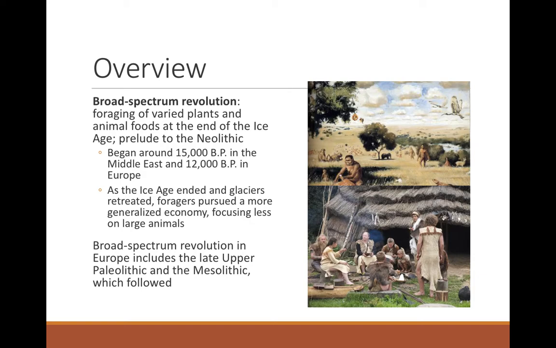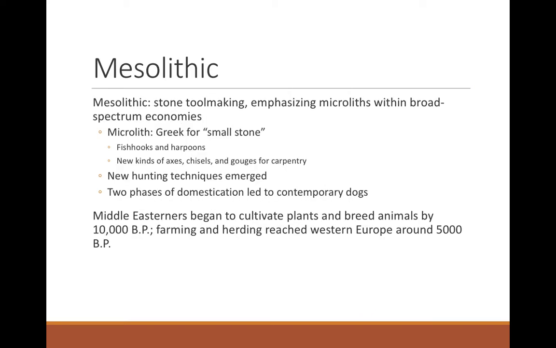The kind of hunting that sedentary foragers are doing during this broad spectrum revolution is more of a shift towards solitary hunting endeavors. You don't put together a large party to go hunt rabbits, for example. You learn how to do things like trap and snare and set those on more of an individual basis. And so in Europe, the broad spectrum revolution encompasses the late Upper Paleolithic and also the Mesolithic. In the Middle East, the broad spectrum revolution corresponds with the emergence of what we call the Mesolithic.